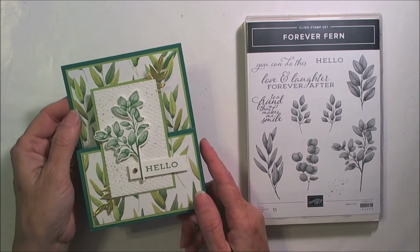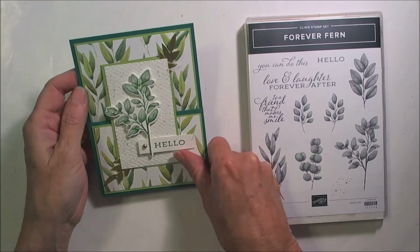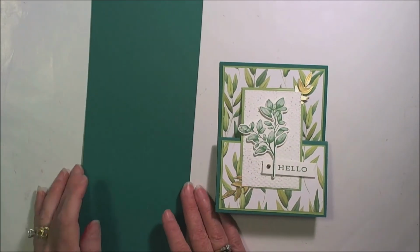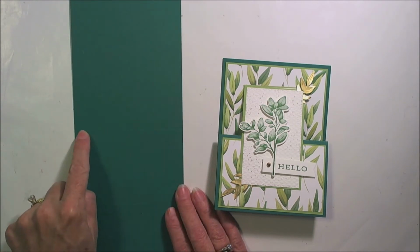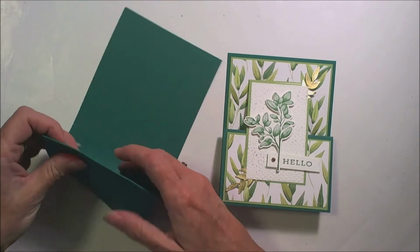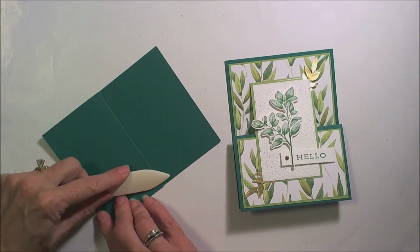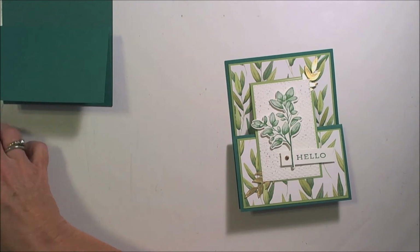And this card here opens this way. Isn't that cute? So what you'll need for that is a piece of Shaded Spruce that measures 4 1/4 inches by 11. It's scored at 5 1/2 and 2 3/4. And you'll fold that and then back up like this. Let me get my bone folder and we'll just go ahead and secure that down while we're here. Just like that. Okay. And then you'll need